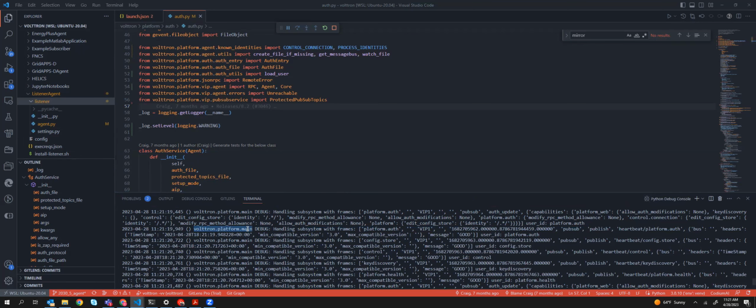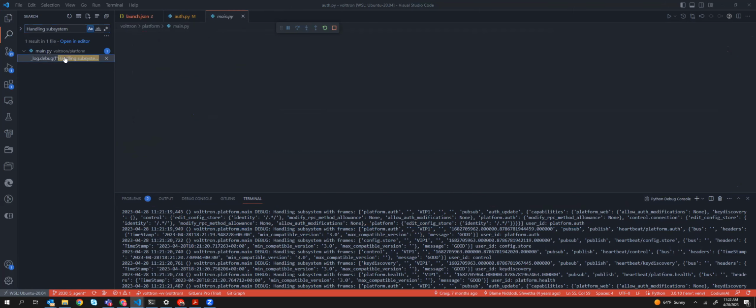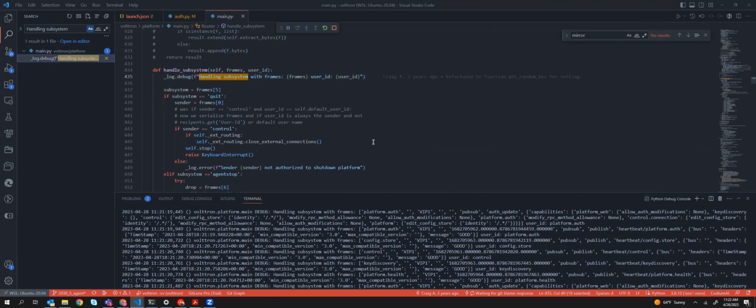So we can look at VOLTTRON platform main, and you see that it says handling subsystems with frames, right? So we can Control H, handling subsystem. You see that that's happening here, and we can put a breakpoint,